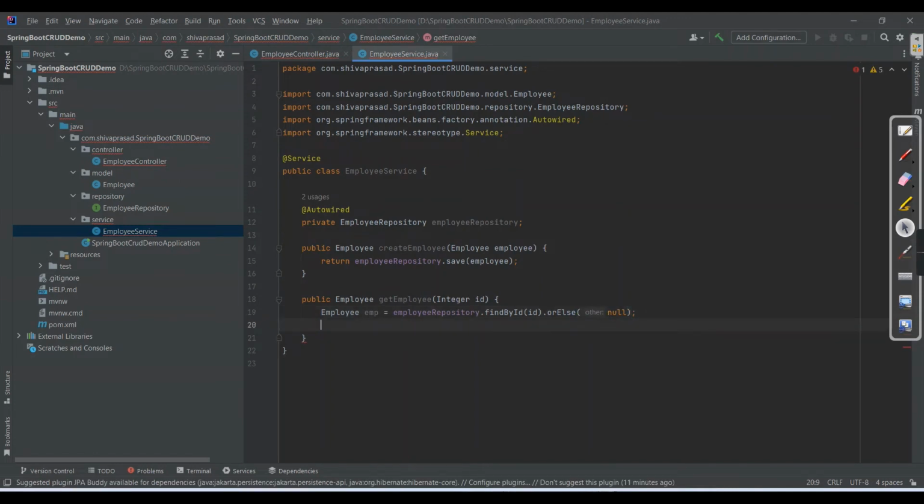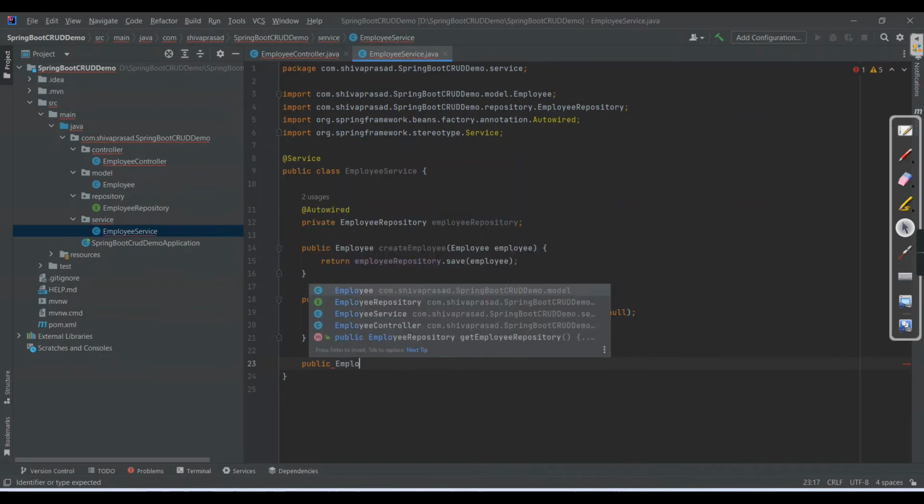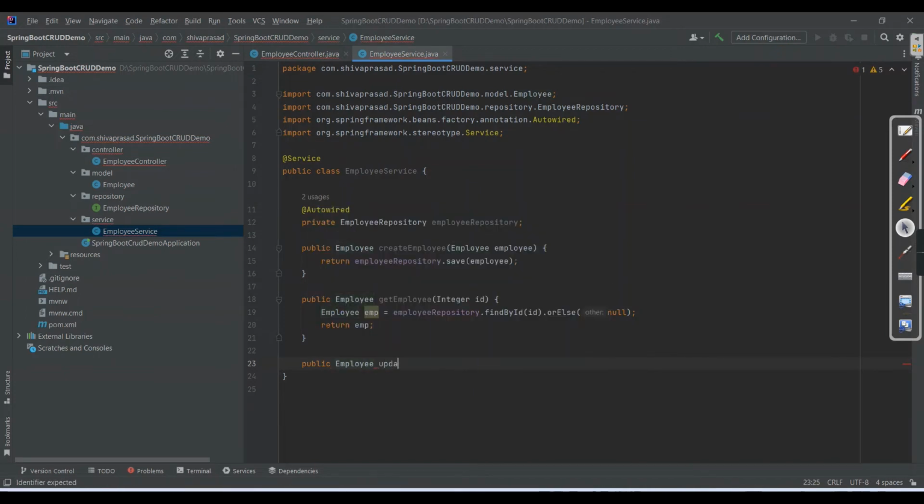Okay, that's all. You can simply return this emp also here, not an issue. Yeah, we are done with this get also. What is the next one? Next one is going to be put operations, right? That is nothing but